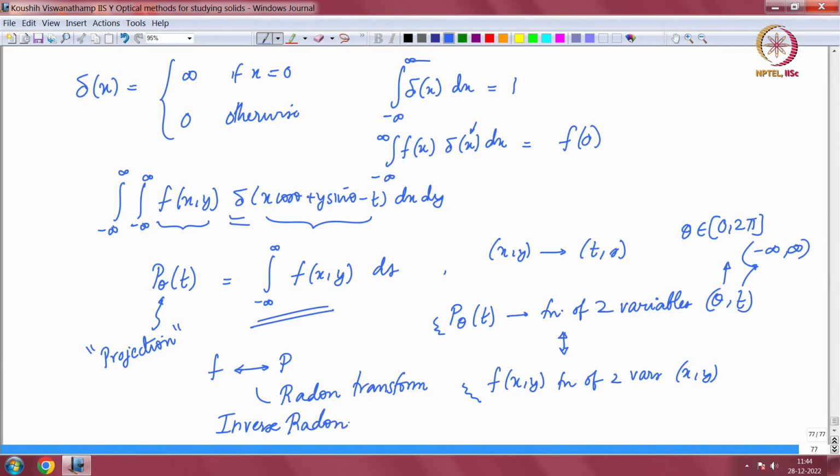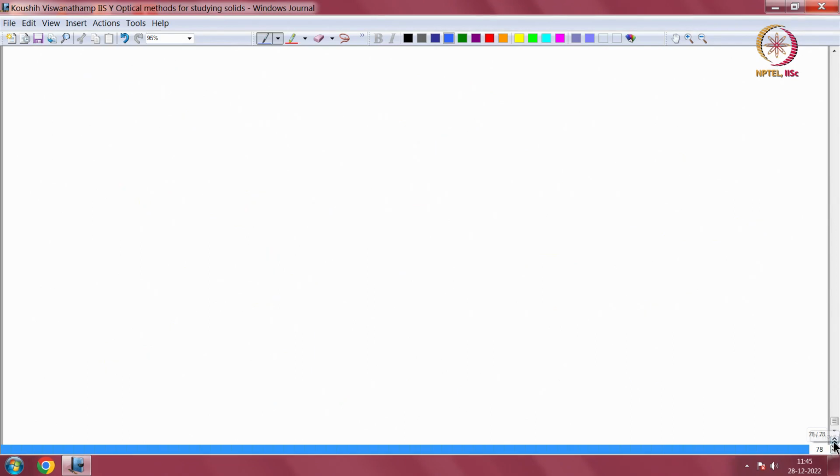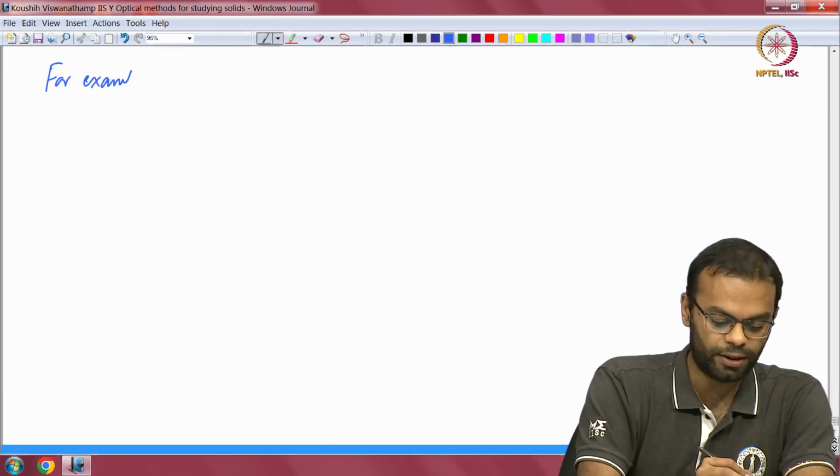And that basically means that if you are given p theta of t, you invert it and get f of x y. And given p theta of t, by that I mean that you are given this functional form for all pairs of combinations of theta and t, just like you would need that for f of x y. Okay, it is easy enough, let us just look at one example just to make sure that everything is